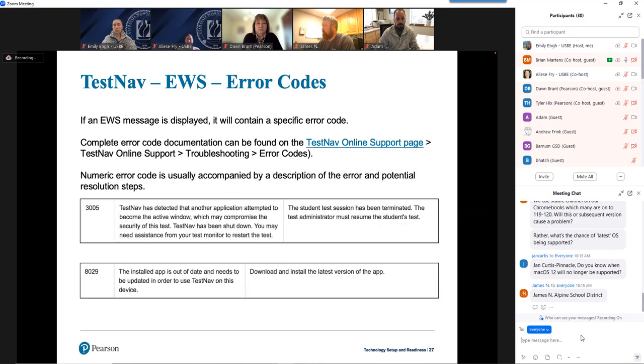If you do encounter an early warning system message, it will contain a specific error code, so it'll say error number whatever, and it'll give you a message. The complete error code documentation can be found in the TestNav online support page. All the error codes you could possibly experience are listed out there. It looks just like what you see here. It's got the number, it tells you in the middle box the message that was displayed to the screen to the student, and then on the right-hand side,